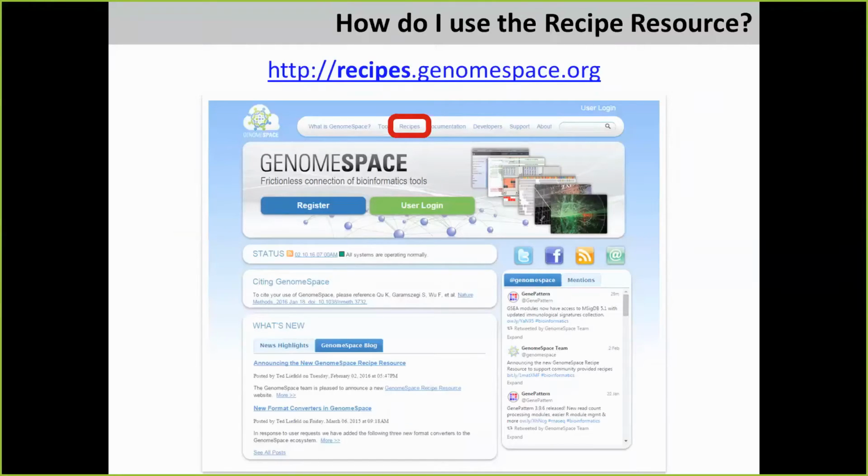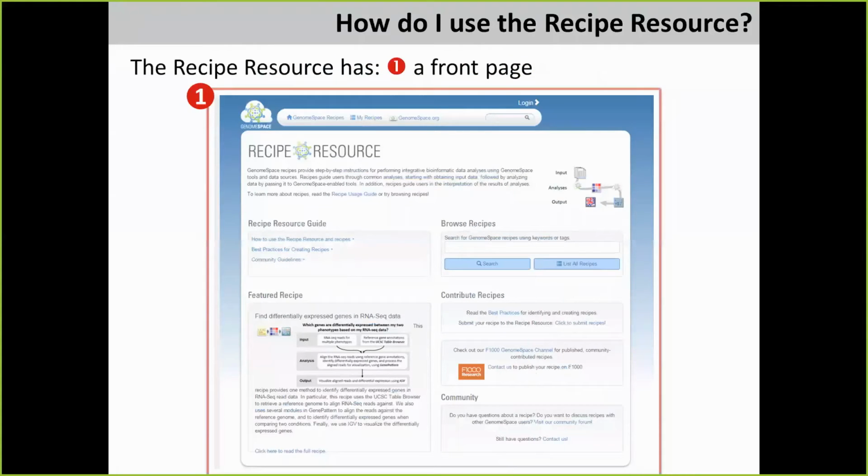The recipes are housed on the recipe resource, which can be accessed either by going to recipes.genomespace.org or by clicking the recipes button. If you click that button and go to the recipe resource, you'll see a web page that looks like this. This recipe resource also has 2 major components. The first is the front page.